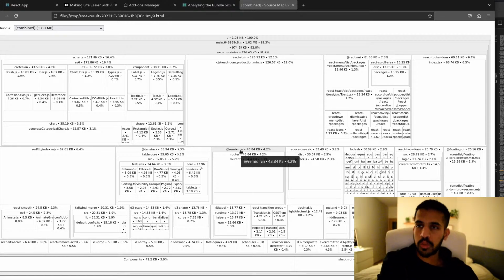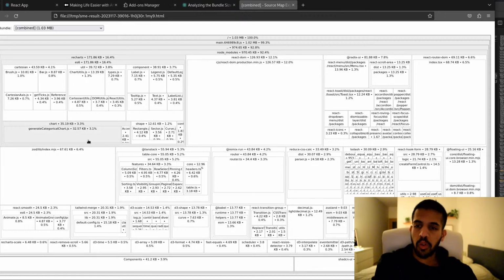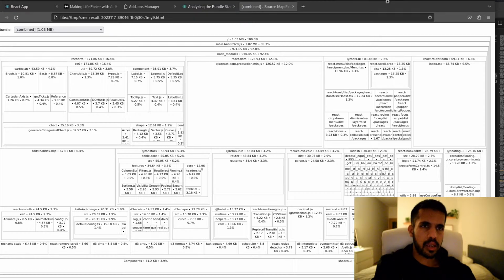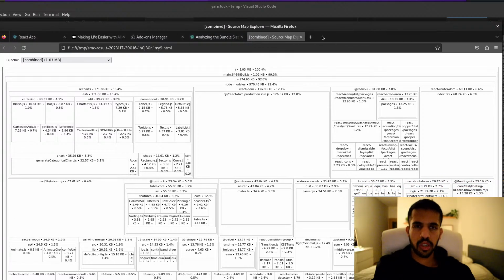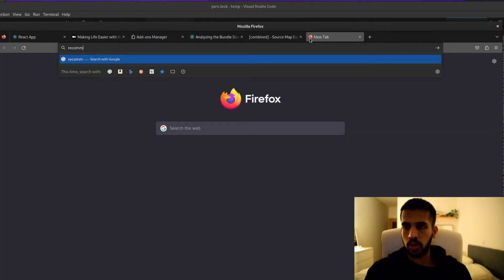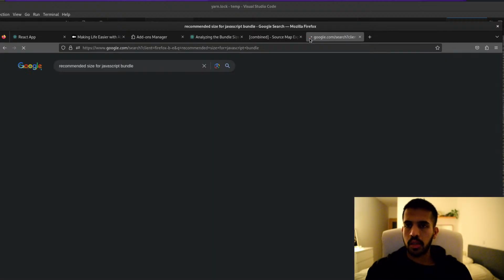Even though most browsers now, for most users, this will result in some kind of slow loading screen, especially on mobile. So I think the recommended size for JavaScript in 2022 was about 500 megabytes for JavaScript bundle.